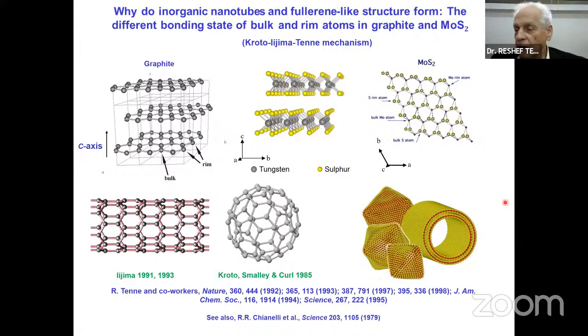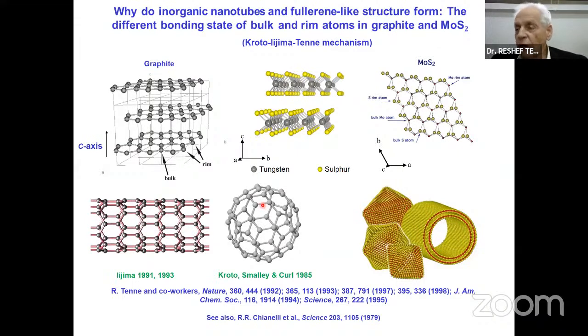So let me jump into my next slide, and this is the next most important slide in this presentation. What happens in 1984, we all know, Kroto, Smalley, and Curl came up with the idea that carbon, or graphite, is unstable in the planar form when you bring it to a nanostructure, and it forms fullerene, C60. So why is C60 the most stable structure, the hollow closed structure of fullerene, this one, with 20 hexagons and 12 pentagons, the most stable structure of